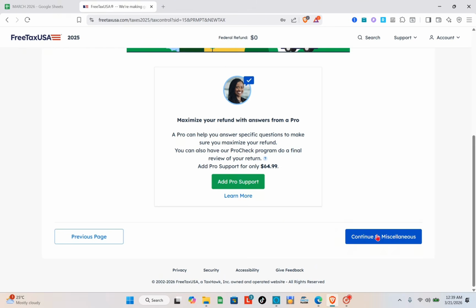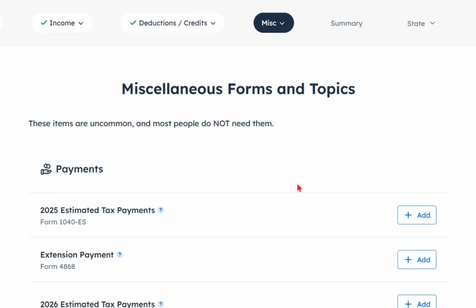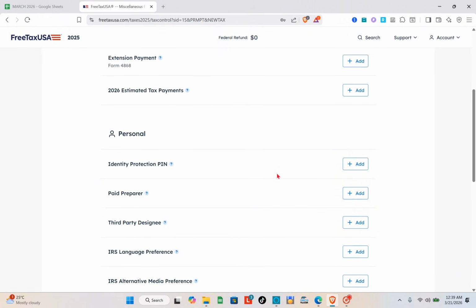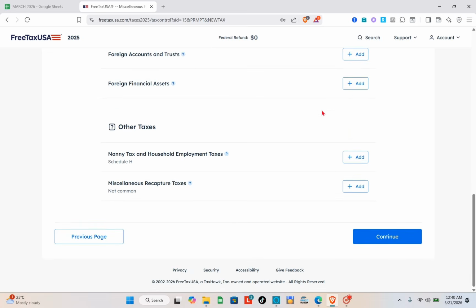That's right. Now let's go to our miscellaneous. Okay, so right here are the miscellaneous forms and topics. These items are uncommon and most people do not need them. So for example, we have your payments. So 2025 estimated tax payments, extension payments, 2026 estimated tax payment. Okay, so if you have any of this, then you just have to add your details